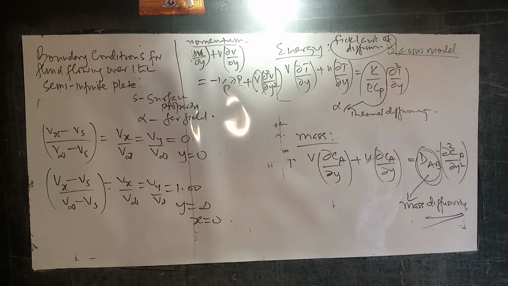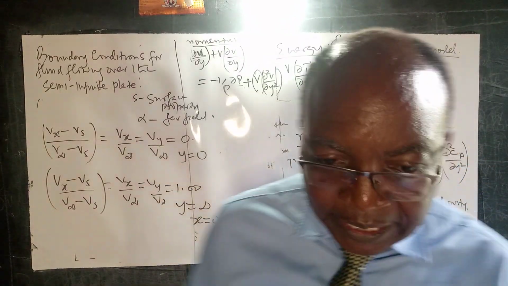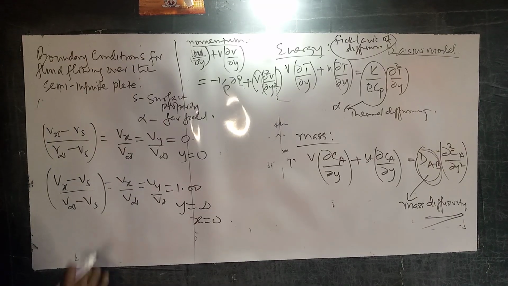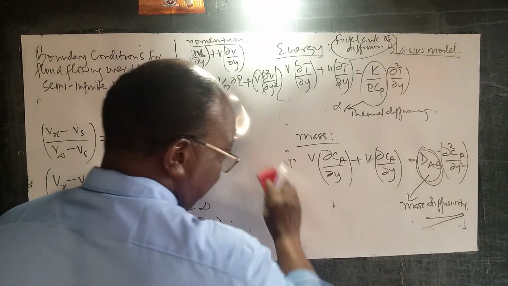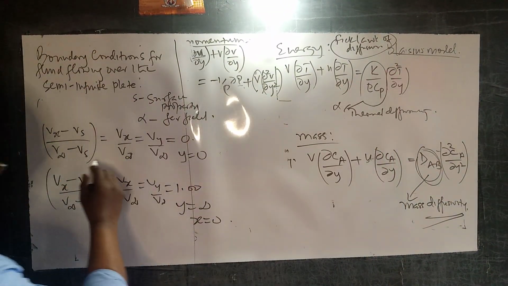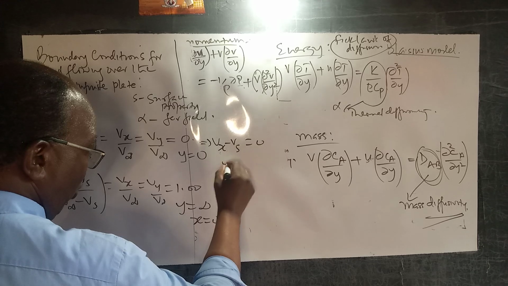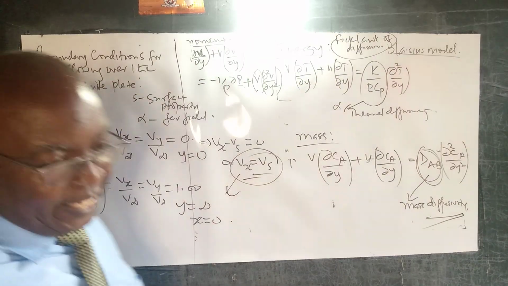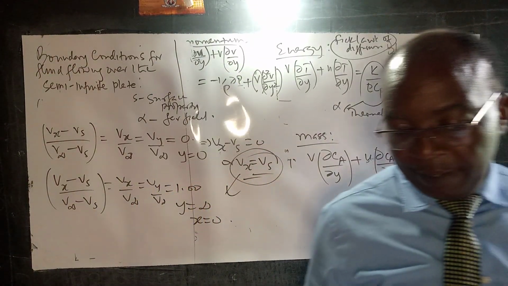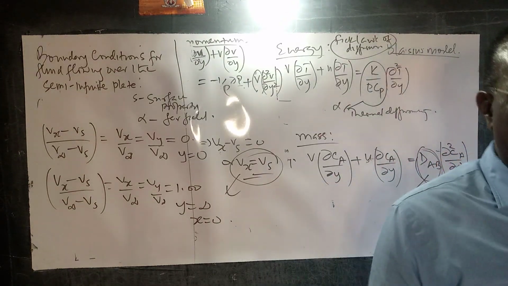So before we transpose this to the energy and mass elements, let's just mention something here. Now, let us say that this quantity is 0. I hope you are remembering those expressions there. If this quantity is 0, what does that imply? That implies that Vx minus Vs is equal to 0, or Vx is equal to Vs. We have mentioned this severally now in dealing with the boundary layer derivations and discussions. We have talked about the no-slip condition,